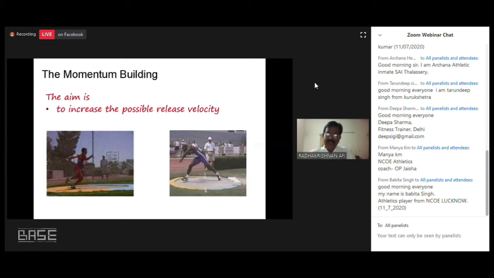So it should start slow, especially with athletes in our group, we should make them start slow and act as fast as possible in the power position when the right foot touches at the center of the circle or the sector. And from the momentum building phase, we are creating a pre-tense position of the body, otherwise a power position with the torque, to create more velocity to the throwing arm.